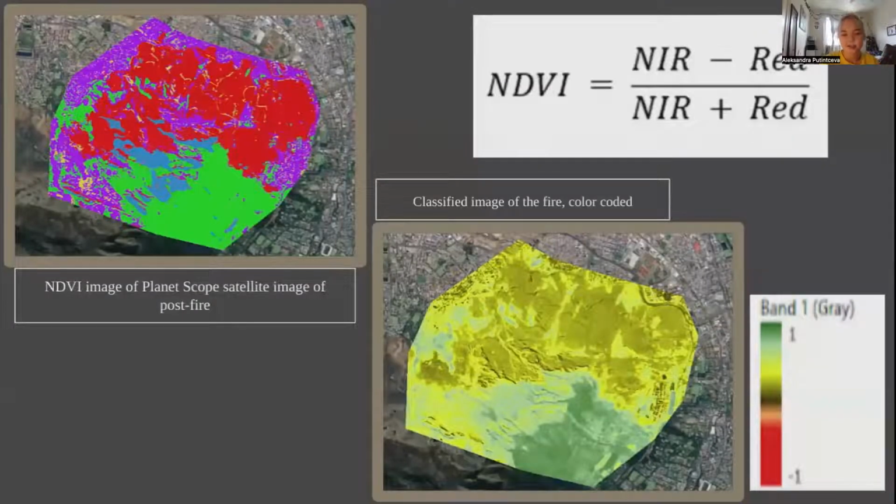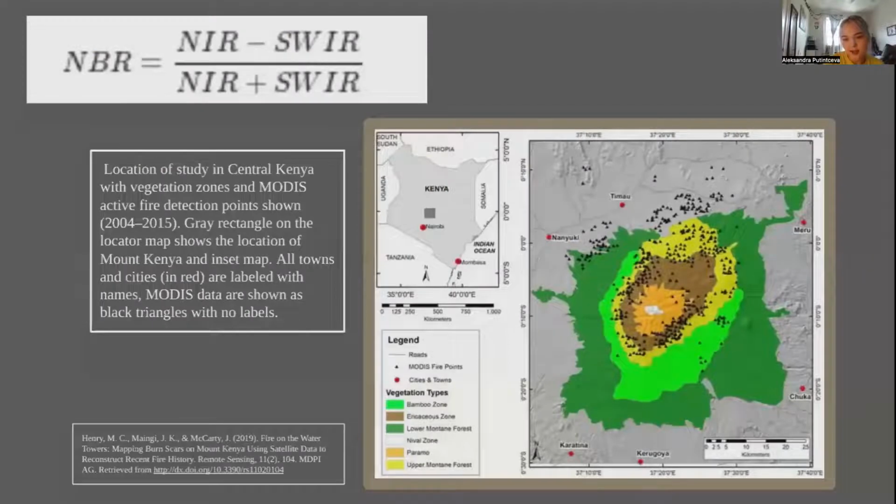Because first of all, they were using different tools. This is a case study too, but on the Central Kenya fire. They used MODIS while I used QGIS. As you can see, compared to mine, theirs has a lot more detail. That's also why it matters which application you use for GIS, because they do give different results, but they can be used for anything. Even though our maps look so different, it just depends on the purpose. Mine was just looking at changes in vegetation, but they were more on vegetation types. That's why there are so many more colors than mine.